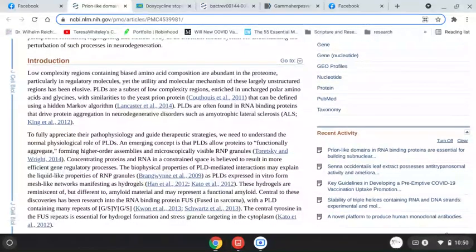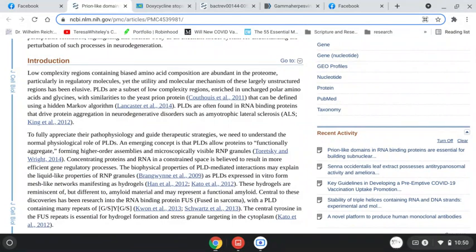Low complexity regions containing biased amino acid composition are abundant in the proteome, particularly in regulatory molecules, yet the utility and molecular mechanism of these largely unstructured regions have been elusive. Prion-like domains are a subset of low complexity regions enriched in uncharged polar amino acids and glycines, with similarities to the yeast prion protein that can be defined using a hidden Markov algorithm. Prion-like domains are often found in RNA binding proteins that drive protein aggregation in neurodegenerative disorders such as amyotrophic lateral